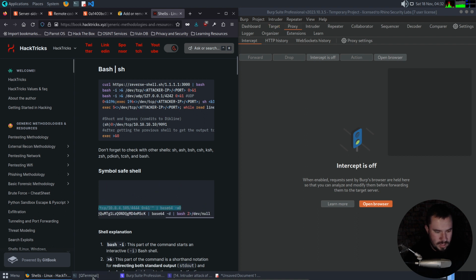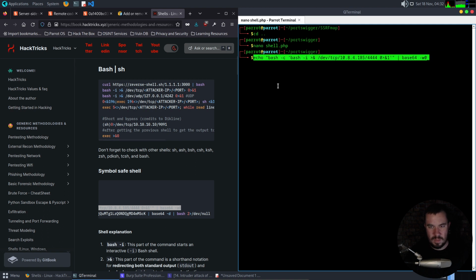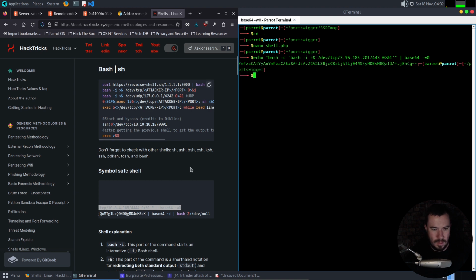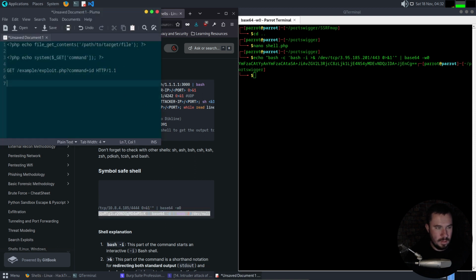So we're going to do this, but it's actually going to be the public IP of my sweet Kali machine in the cloud, 3.95.185.201. Let's do 443 so it looks somewhat normal. Okay. And now if we copy this command,